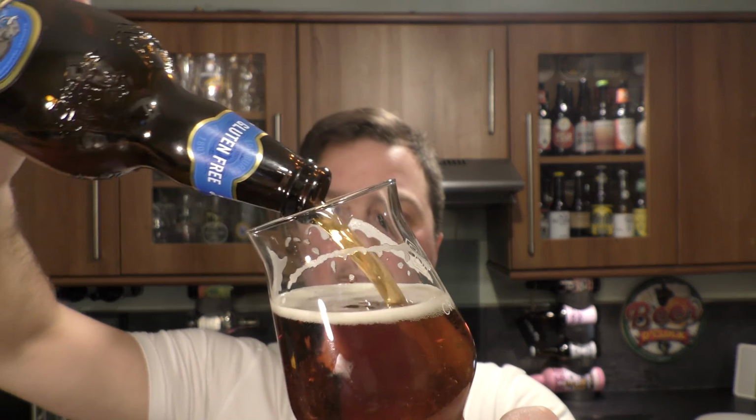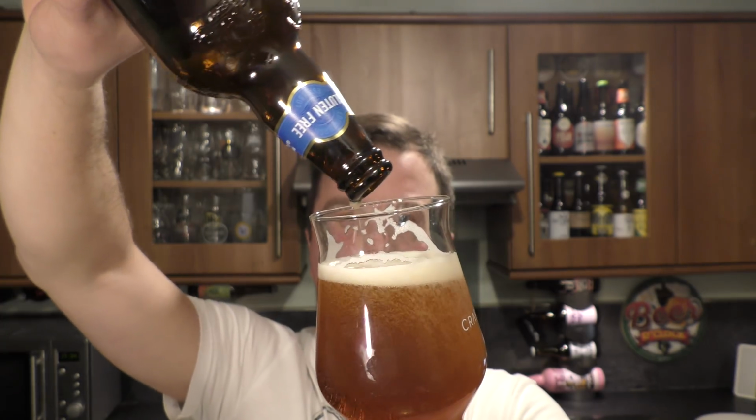What they've done, I just read the back here, they blended it with Sadler's Brewery's IPA, so they've not made their own beer in effect, they've blended two beers together, which is an interesting idea, but I think if Crabbie's really wanted to go the whole hog and produce a really good ginger beer style IPA, then they would throw a load of hops in,